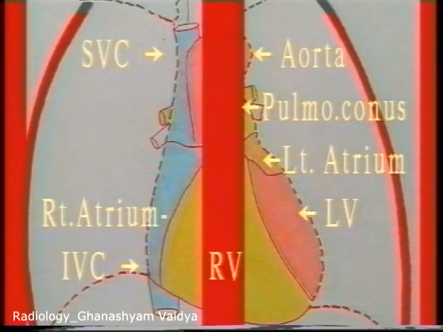The right border is formed by the right atrium in the heart region and by the superior vena cava above. A small portion of the inferior vena cava may be seen at the lower end. On the left side, the aortic knuckle forms the prominent convexity at the upper end. Below it is a smaller, less prominent convexity occupied by the pulmonary conus. From here, the left heart border starts. A small upper portion is covered by the left atrial appendage, and the rest of the heart border is formed by